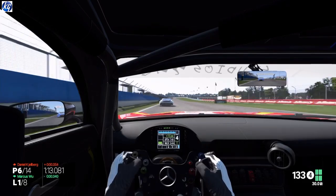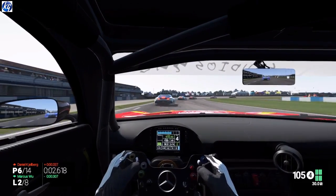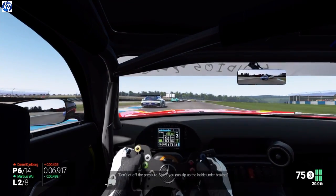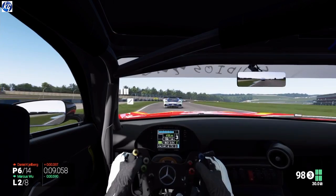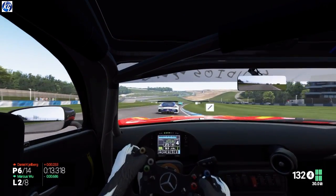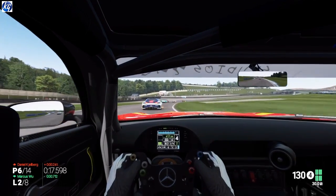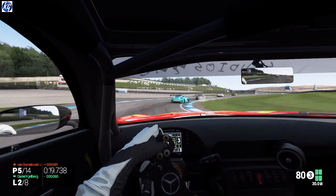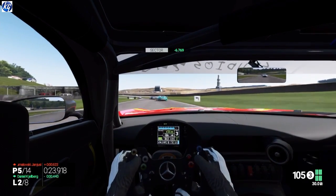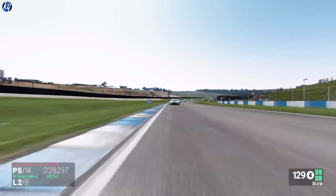You just have to be careful with the accelerator, and not accelerate too much around the slow corners, and you should be able to keep the car pretty steady around the corners. It's much better than it was when I first had a go at it before I did any alterations to the setup, but this base setup should work fine on any circuit. I haven't mucked around with the gear ratio, so it should be okay for medium size circuits, small circuits. I don't think this is the best GT3 car that I've ever experienced, but I like to try out new cars,